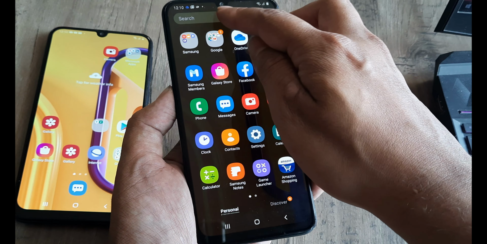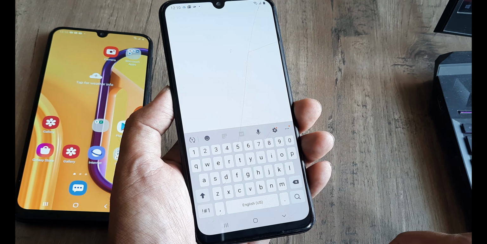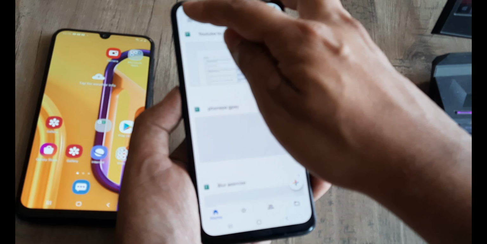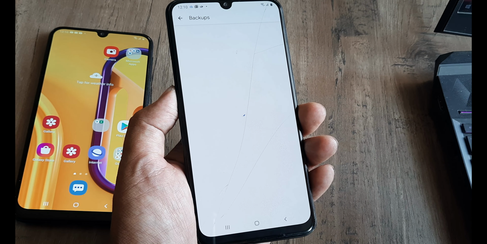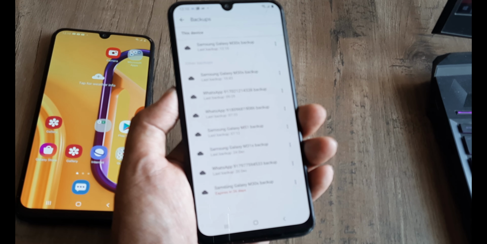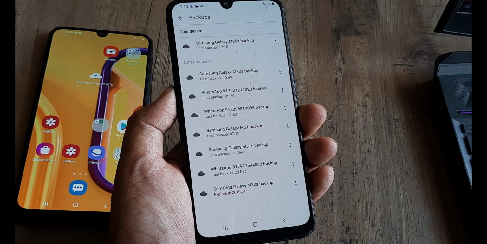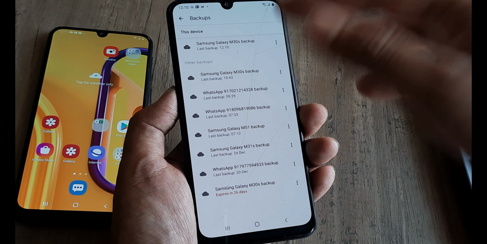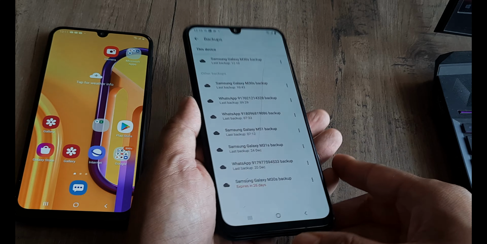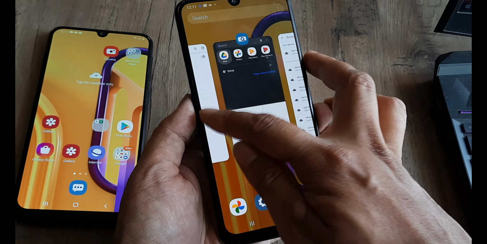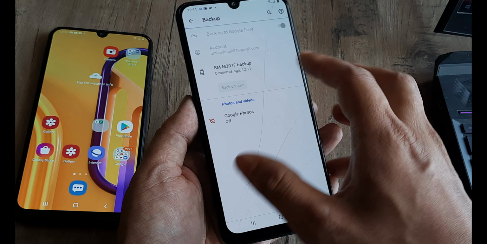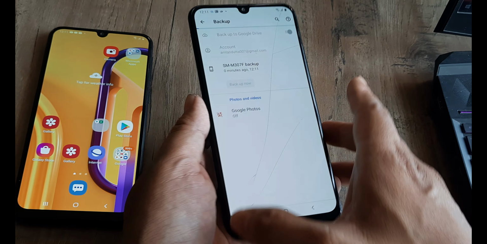Actually, if I open up my Google Drive right now, you will see inside my drive, there is something called backups, and all the backups that we are taking are getting stored here. All the devices and everything is getting backed up to the same Google Drive here, right? So I just took a backup just a few moments back.